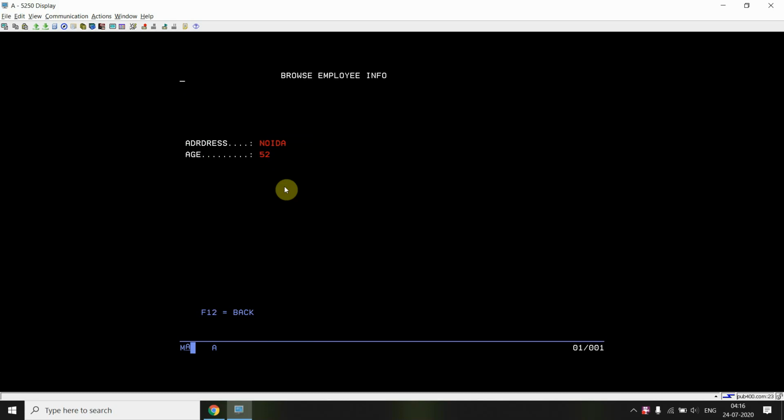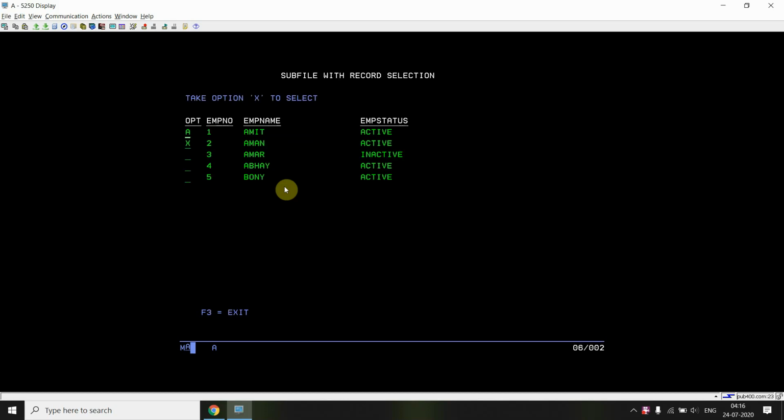Take F12. If I press enter, nothing happens here. If I take F12, I come back, and you can see those options as they were. If I press enter again, nothing happens because I didn't change anything. If I change this one again, you cannot see anything. Now I am changing from A to X, since there is a change in the subfile